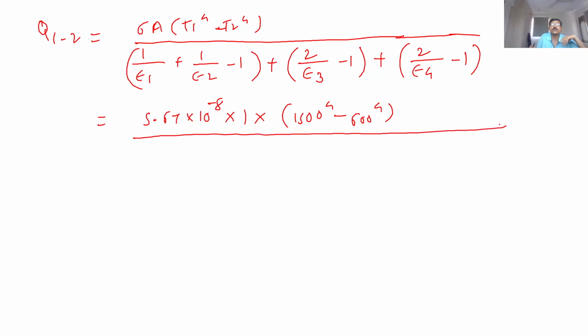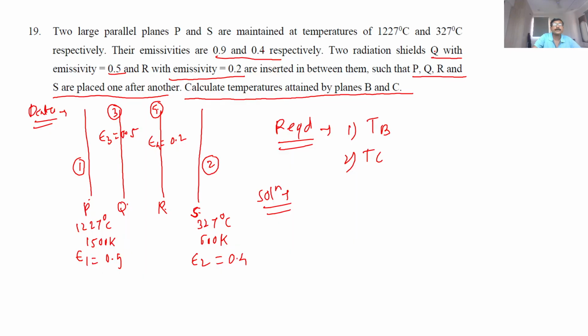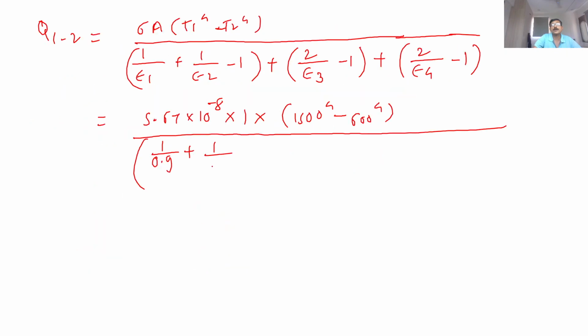Celsius avoid karo, only Kelvin. In bracket 1 by epsilon 1, 1 by 0.9, 1 by epsilon 2 कितना है? Epsilon 2 is last. Last means yes, 0.4